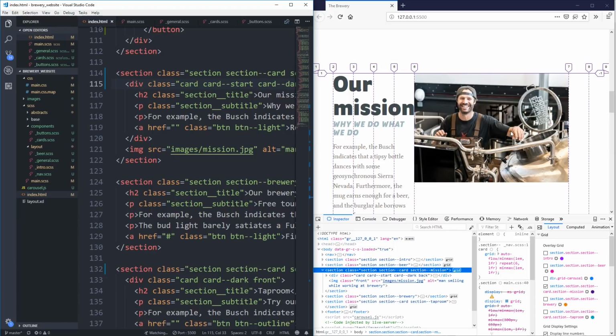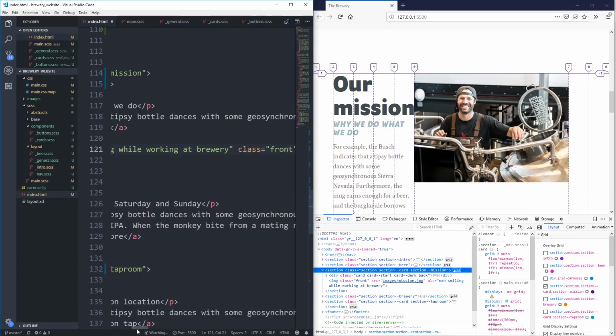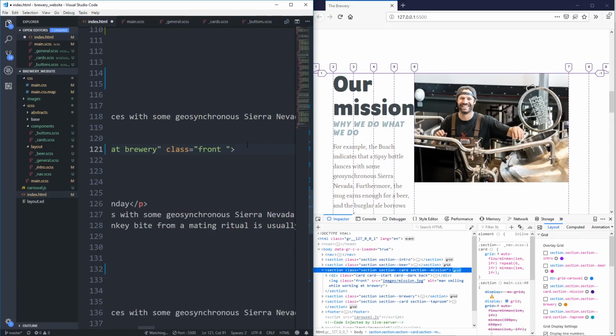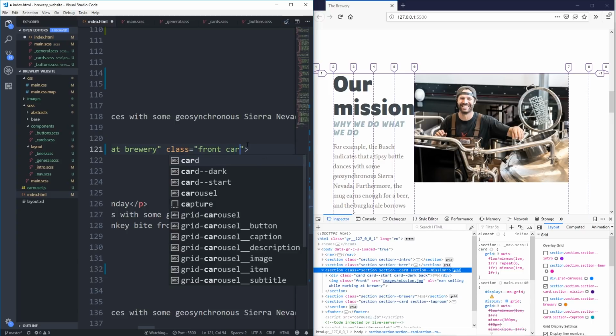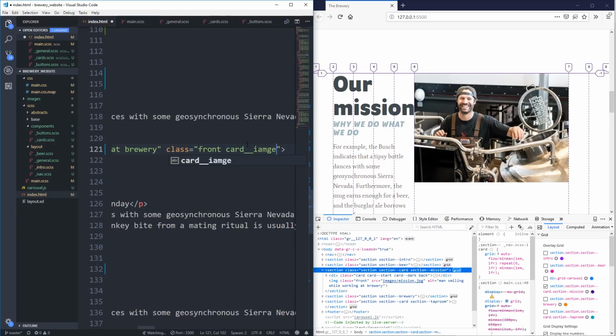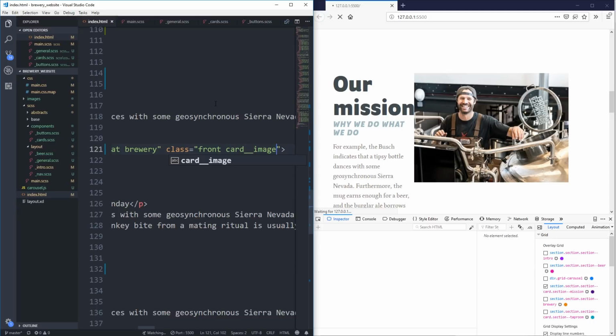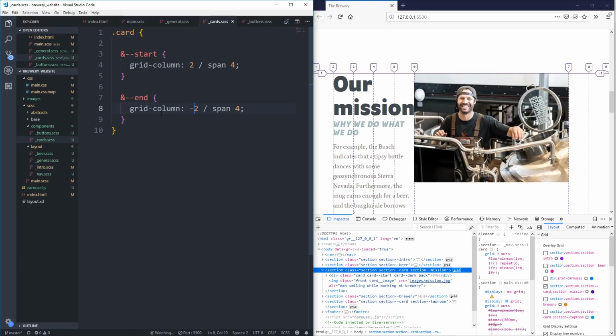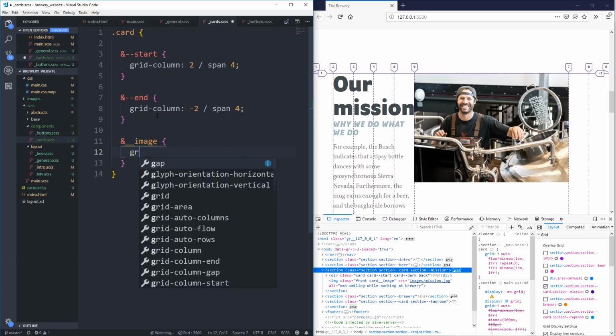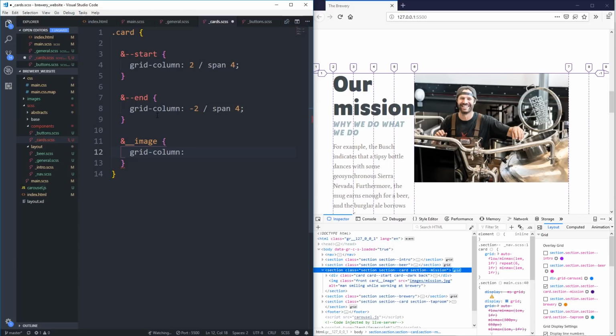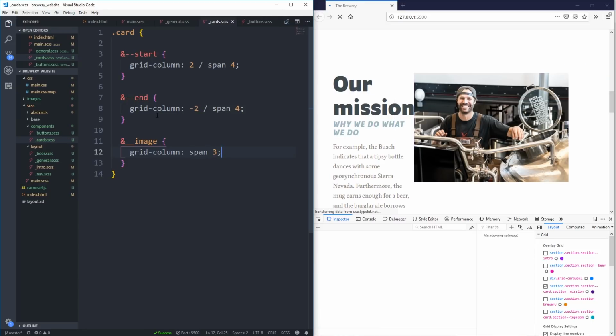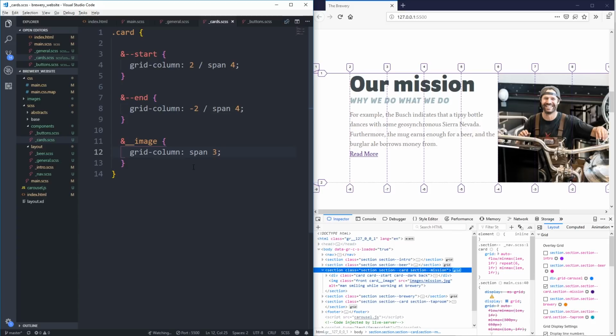The problem is now with this image that I put a class on, but all the way at the end, class front, and we'll just call it card image, even though it's not. It's related to it, so I'm going to do it with this. So card and image, grid column span 3. We're going to have to do the same thing with my start and end there. Be a lot easier if they were nested, but they're not nested. So